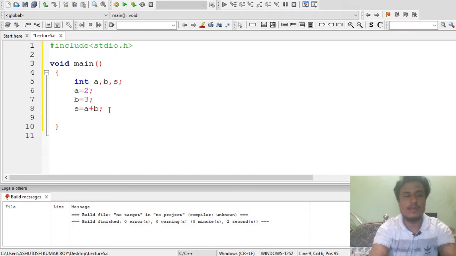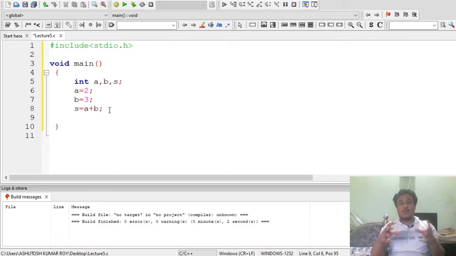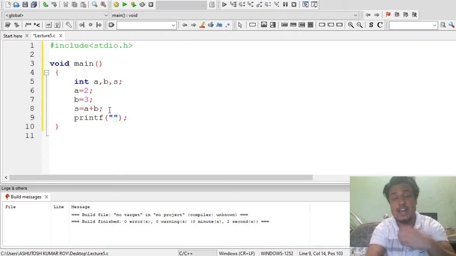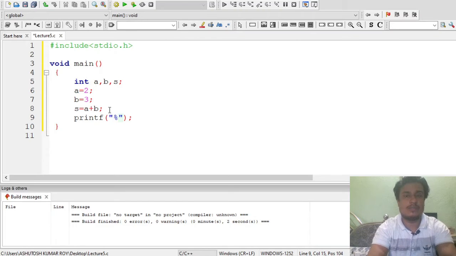So now print the output. How will we print the output on our screen? By using printf. I hope you know that. I discussed in the last lecture how we are able to put the output on our screen. If you remember the last lecture, I provided you the format specifiers, which I was also discussing at the start of this lecture. So what type of format specifier will you be using here?